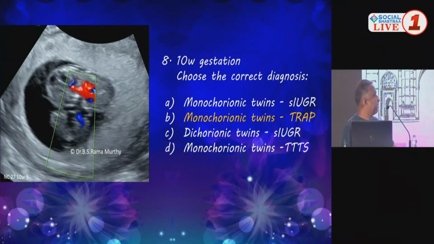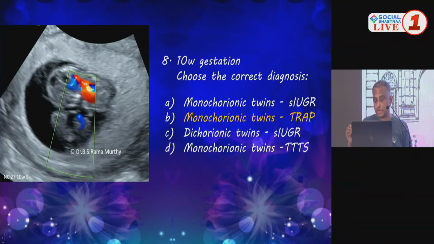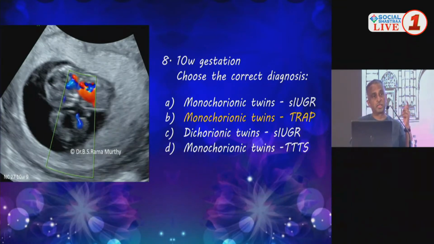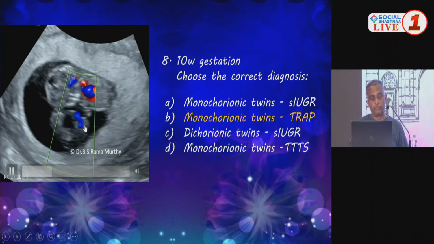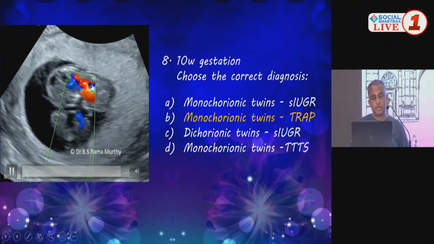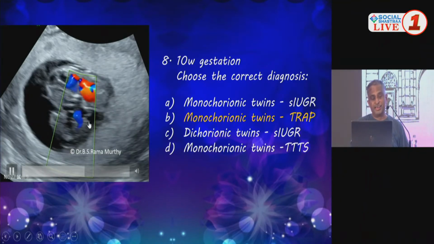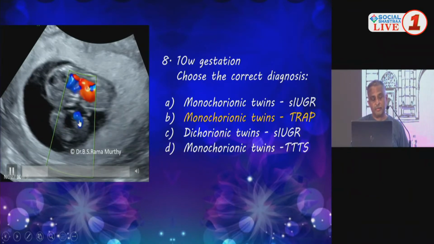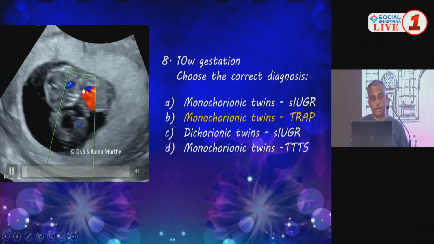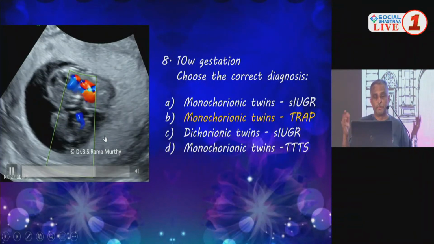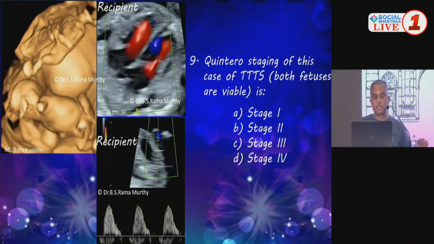You have picked up TRAP at 10 weeks, and so we have to monitor it and maybe do a radiofrequency ablation or interstitial laser to block this supply off, so that the hemodynamic load of this fetal circulation is not on the pump twin. This is called the pump twin. Now, this twin lives not because it has a heart of its own. It's living because its circulation is supported by the heart of this twin because of arterio-arterial and veno-venous anastomosis. Simple, it's TRAP.